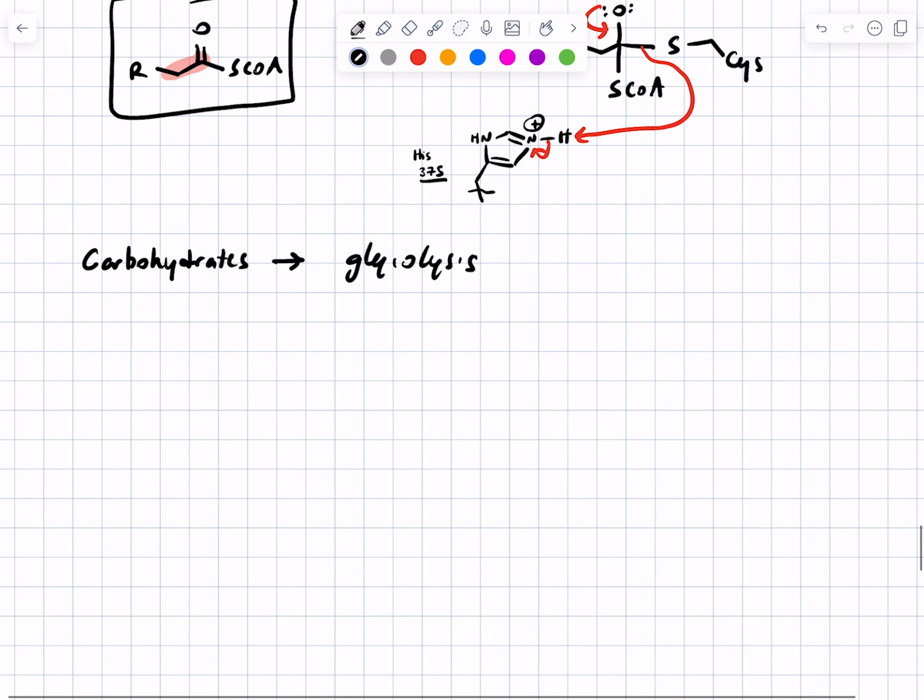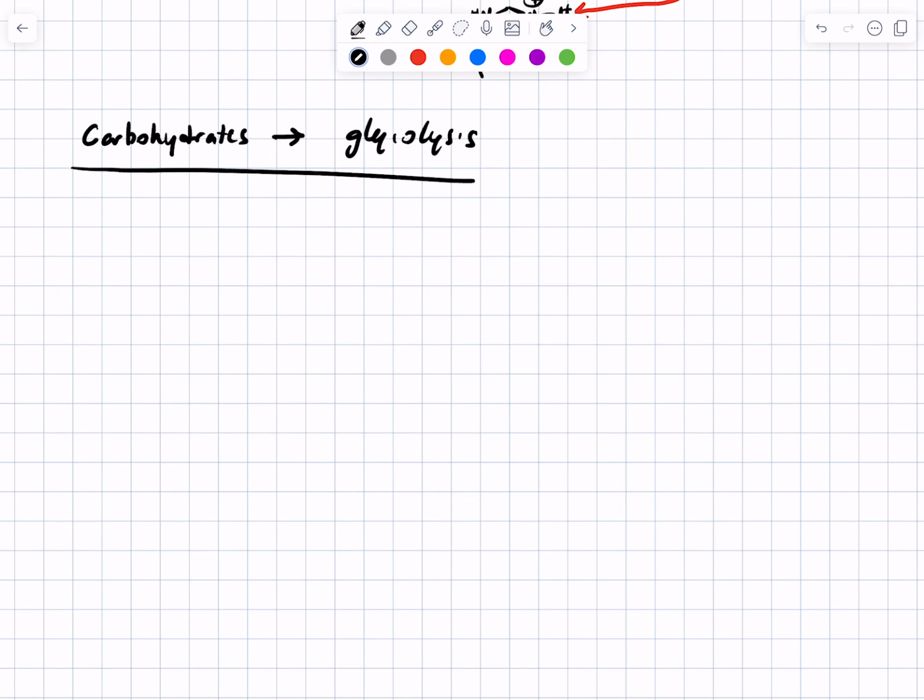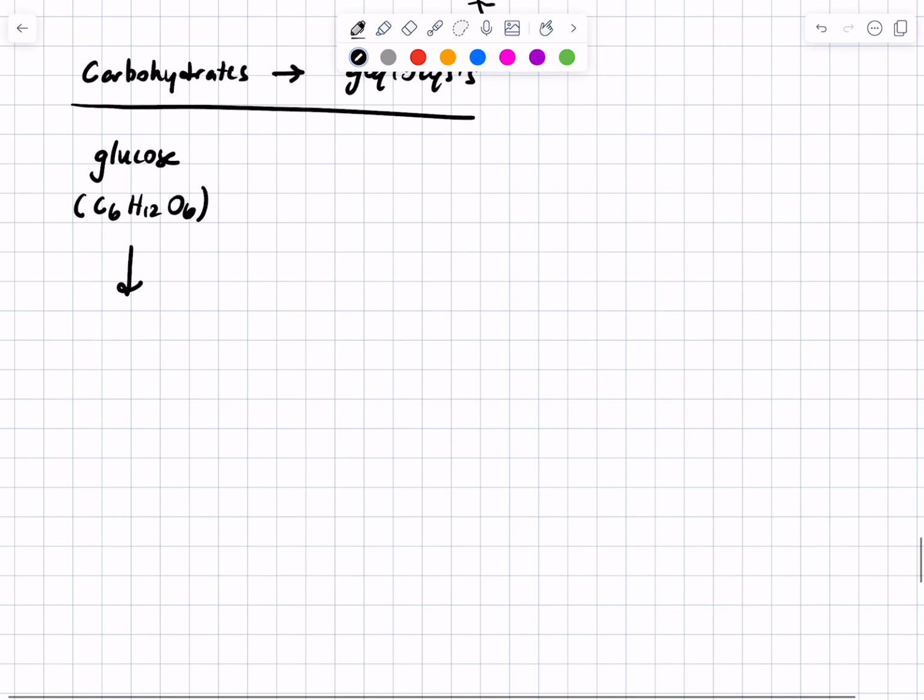All right, so glycolysis involves, get ready for this, 10, I think it's 10 reactions. And we'll learn the mechanisms of all of them, though some of them you've already seen because they're going to involve kinase or dehydrogenase steps that you've already worked on. Let me give you the overview of glycolysis. Glycolysis is going to take glucose, which is C6H12O6,